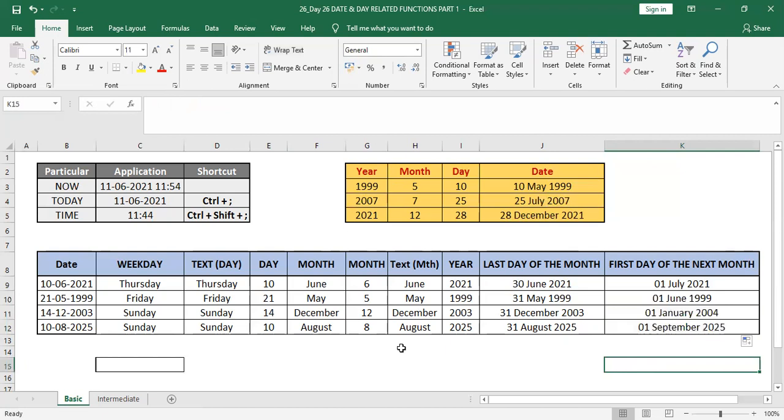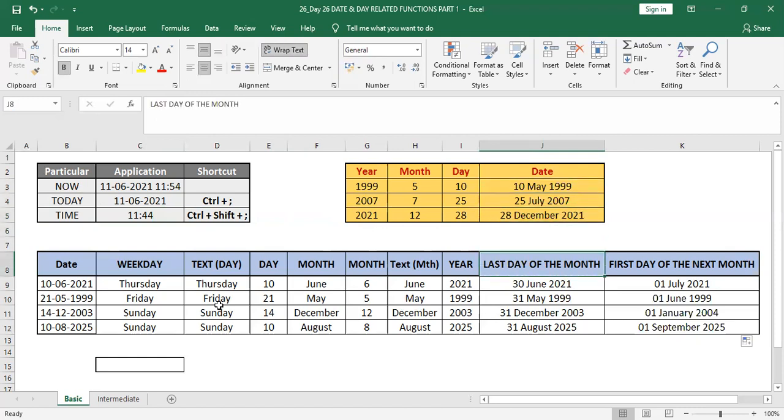So hopefully, now that you have learned all these formulae, we have learned today about the NOW function, TODAY function, TIME function, their shortcuts, Control plus semicolon, Control Shift plus semicolon. Then you can see how we have used the DATE formula by entering year, month and day.